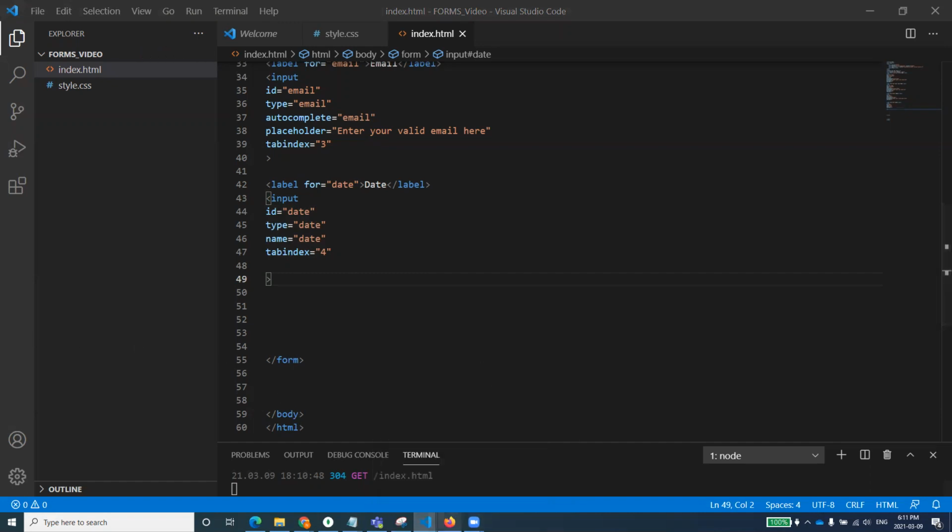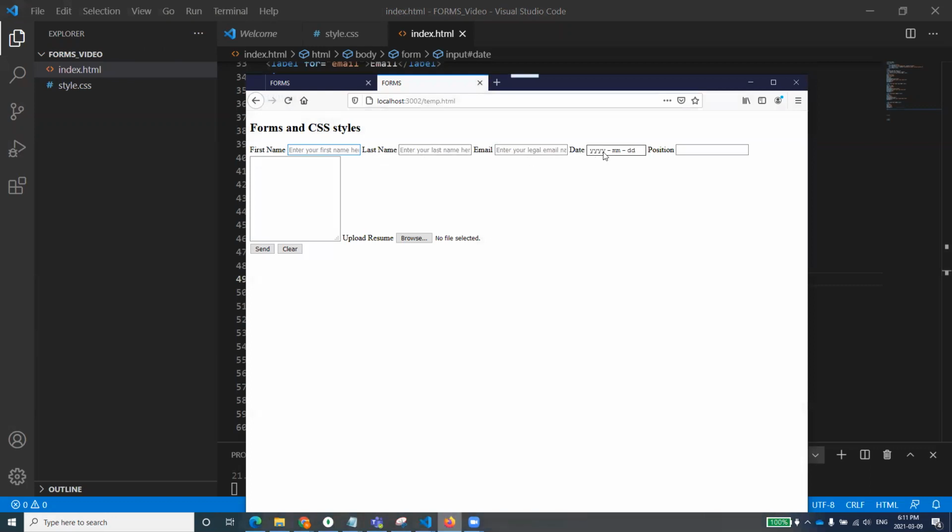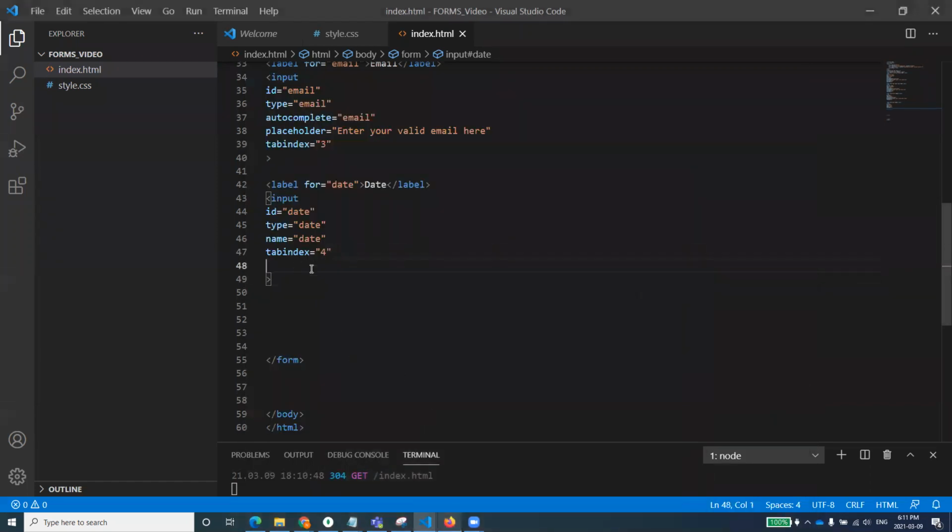Okay, so the next thing, let's talk about this. Email and date are done. Position. Let me tell you what position is doing. If you just go inside that, and I have just clicked on it, you see that it's providing us a list. So it's applying for the position IT technician, HR manager, anything. So it is a list that has been provided. I want to do that, but first let's create this text box and a label for that.